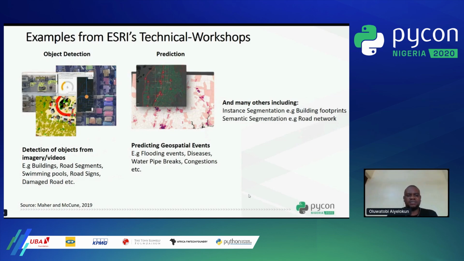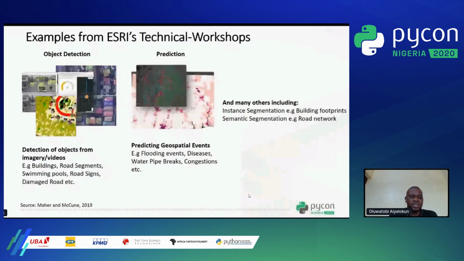You can easily use AI to count the number of buildings, even buildings that are in a location where they should not be. For instance, a building within a flood zone, you can easily identify without going to the field physically. So you can also use AI to detect road segmentation, to detect swimming pools,